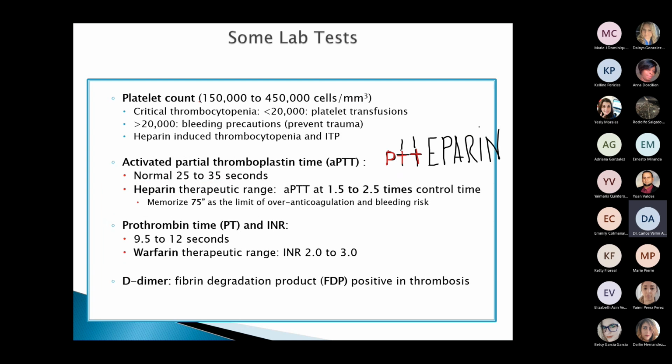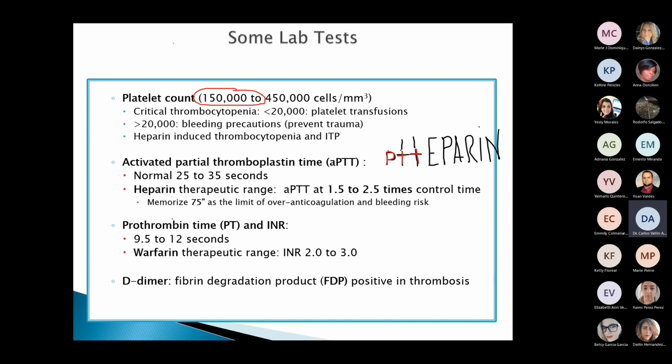The platelet count goes from 150 to 450,000. The important thing to remember is this value, because the problem with the platelets is mainly when it's low. It's very rare to have high platelets and risk for thrombosis, for clots. It is not common. So the most common problem is that the person has a problem that lowers the count